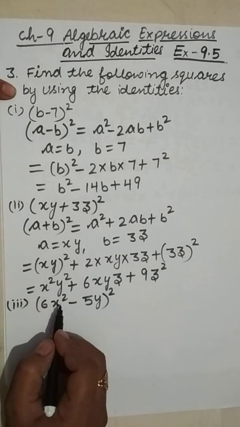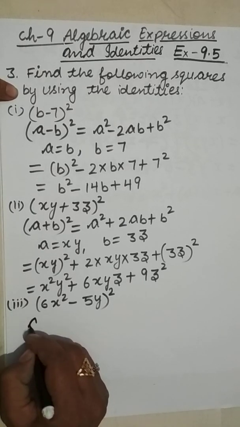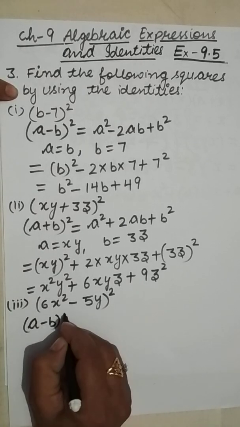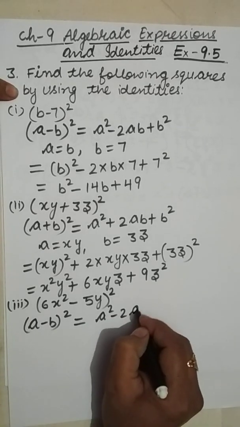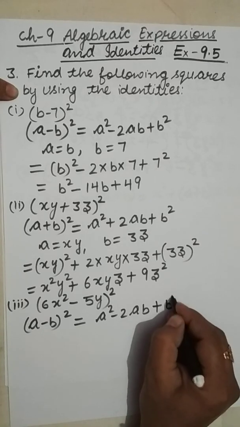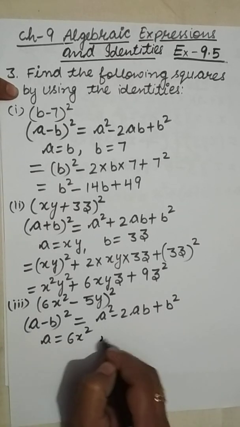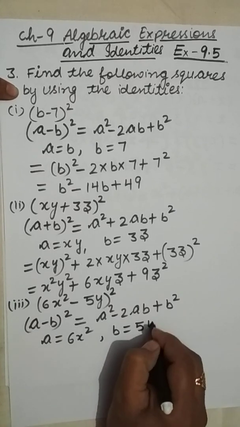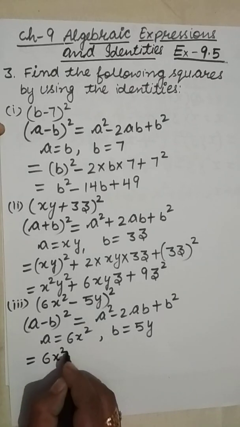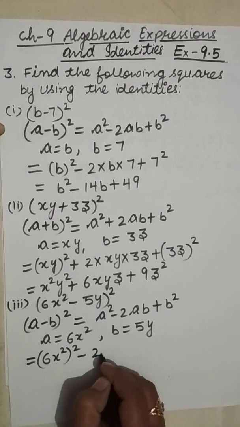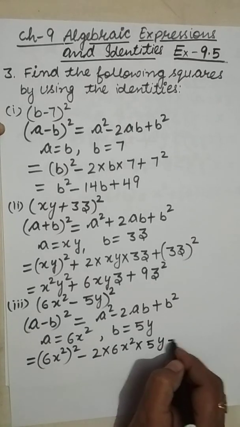Next is (6x square minus 5y) whole square. In this question, this is the type of (a minus b) whole square, which is equal to a square minus 2ab plus b square. Now, here a is 6x square and b is 5y. Now, substitute the values. This is equal to (6x square) square minus 2 multiply 6x square multiply 5y plus